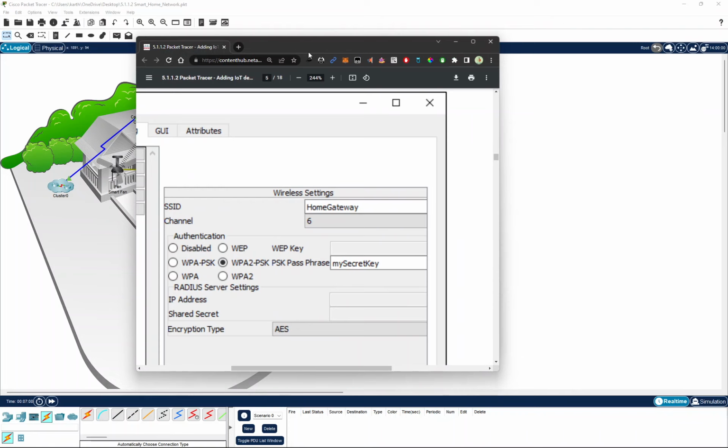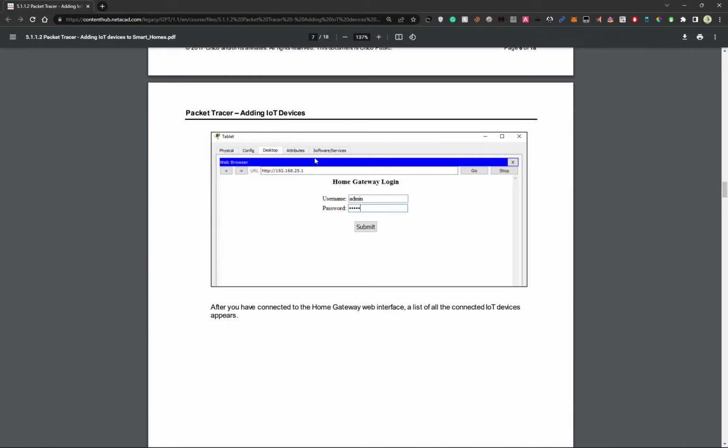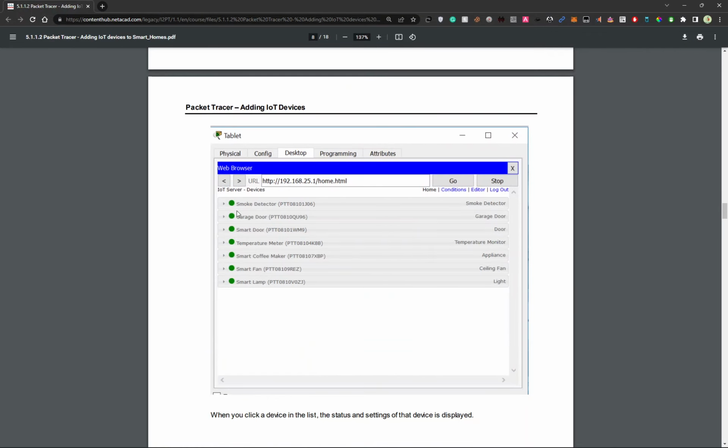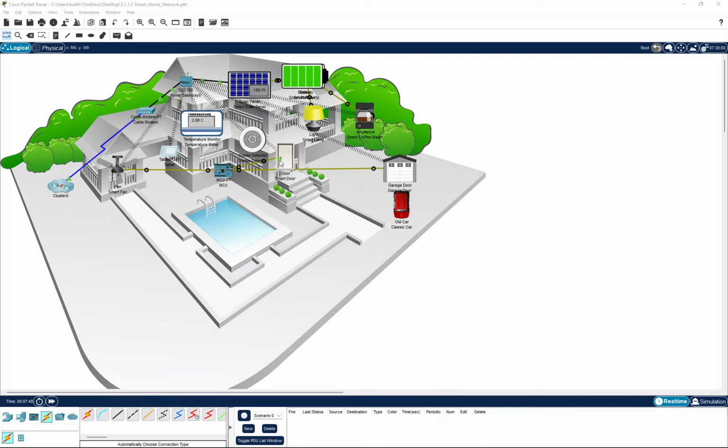If you go back to the documentation again and scroll all the way down, after we're able to log in, they have the IoT devices pre-connected to their router. Smoke detector, fan, coffee maker, temperature meter, all the smart stuff. But when we come to our own, we have nothing to connect. So to solve this as well, we have problem number two, where we are unable to access the IoT devices. One way to solve this issue is to do it manually,